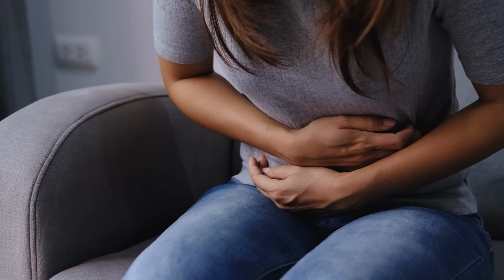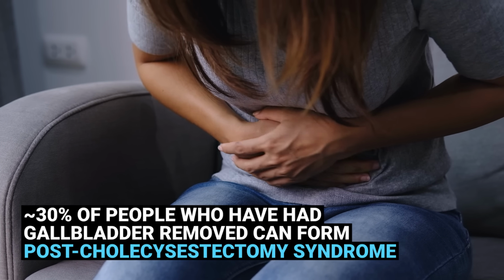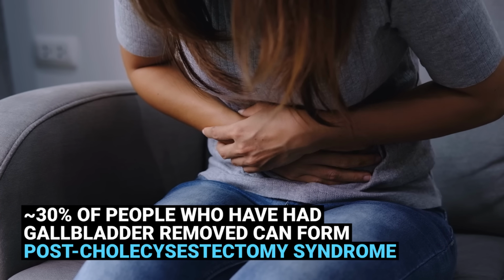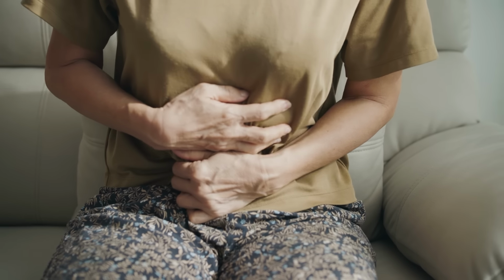A few final points. I wanted to speak to if someone has had their gallbladder removed, because in roughly 30% of people who've had their gallbladder removed, they can form what's known as post-cholecystectomy syndrome, where people start developing digestive symptoms after the gallbladder's been removed. Most of the time, this involves diarrhea, but some of the times it involves other symptoms like pain, bloating, nausea,